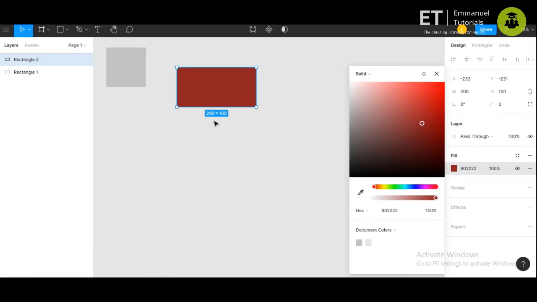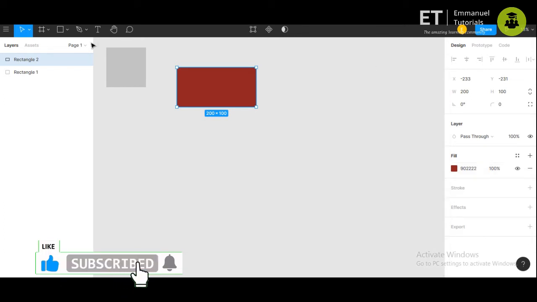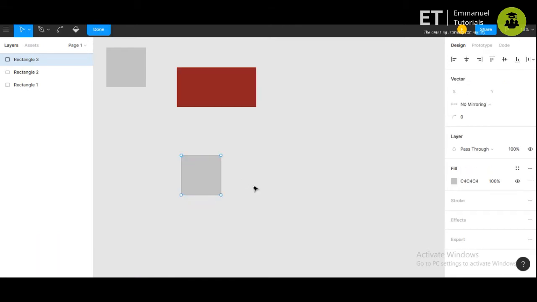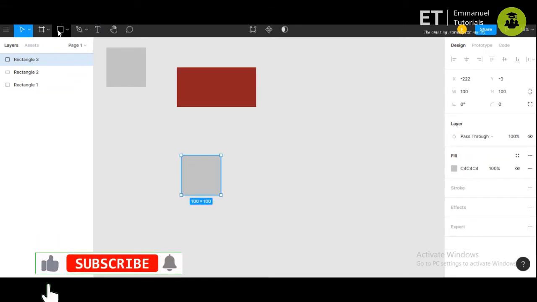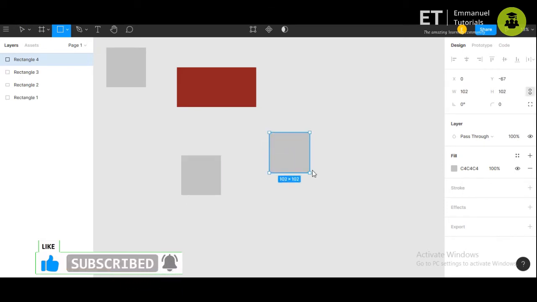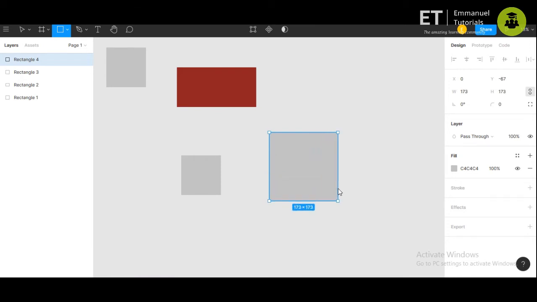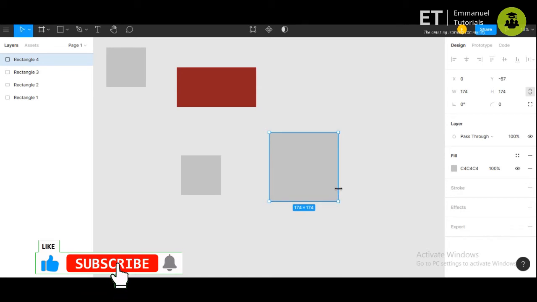Now if you want to make a square, a square can also be made by double clicking it this way, or we can also make a square by pressing the shift key and dragging the cursor. So this way your height and width will remain the same. You can observe the height and width is the same.